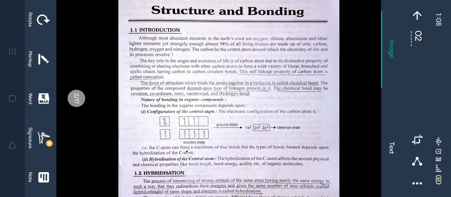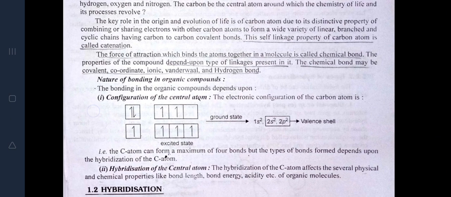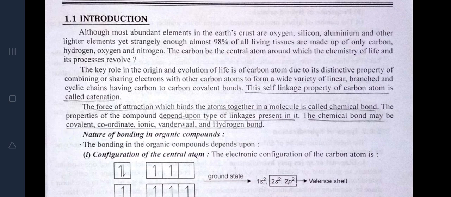Structure and bonding. First of all, its introduction. Although the most abundant elements in the earth's crust are oxygen, silicon, aluminium and other lighter elements, yet strangely enough, almost 98% of all living tissues are made up of only carbon, hydrogen, oxygen and nitrogen. Now the question is that carbon can be the central atom around which the chemistry of life and its processes revolve. The key role in the origin and the evolution of life is of the carbon atom due to its